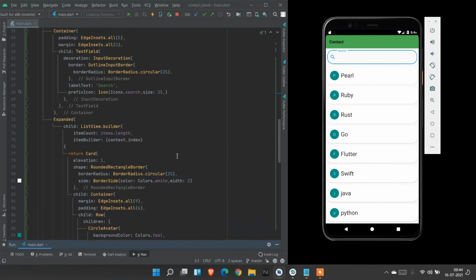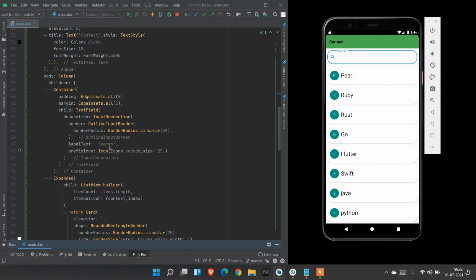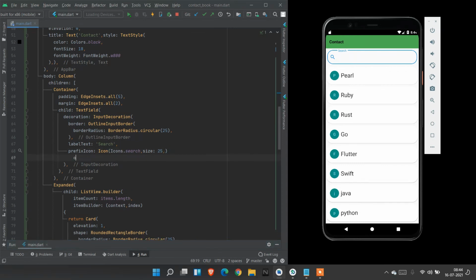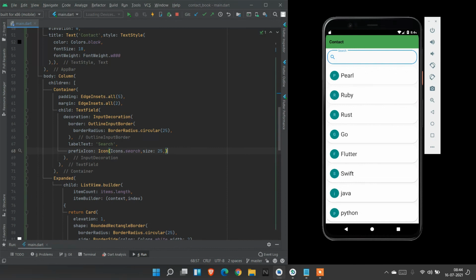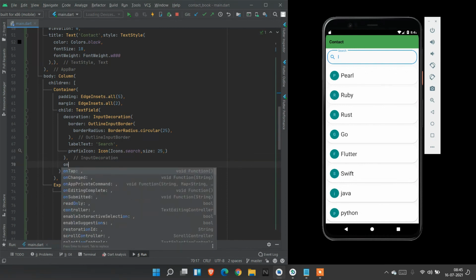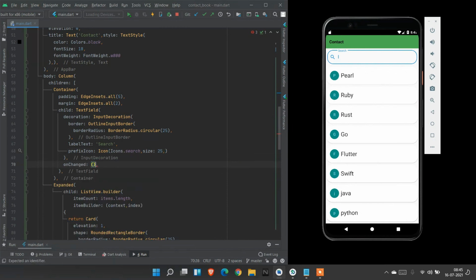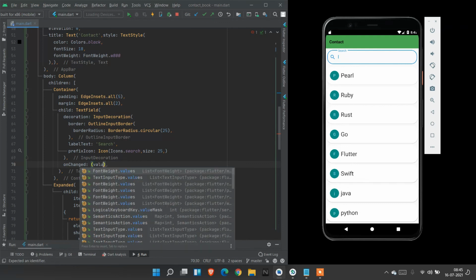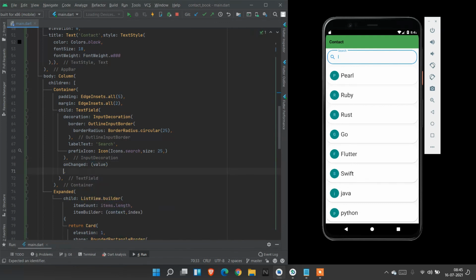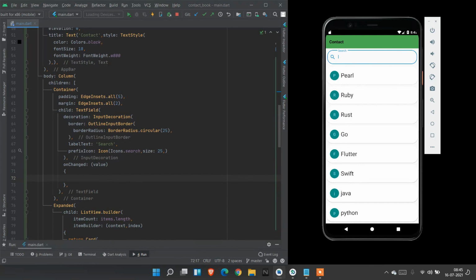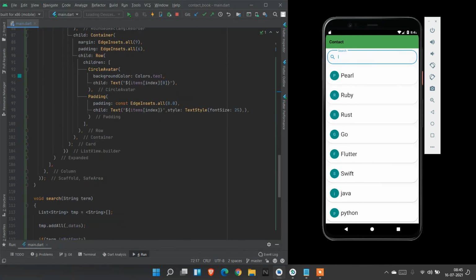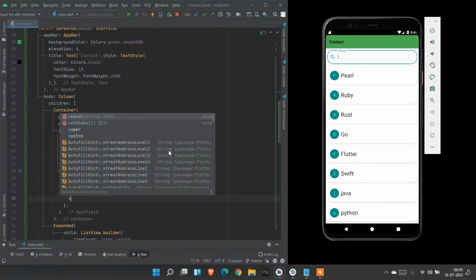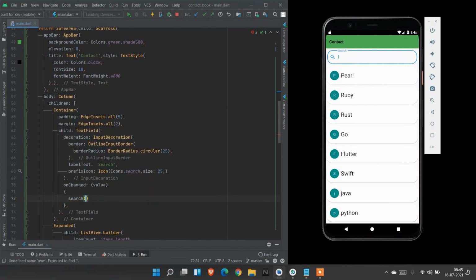For that we go inside the search text field, use the onChanged property, value, create an anonymous method and call our method name search of value dot toLowerCase. We need to pass this as a lowercase letter.